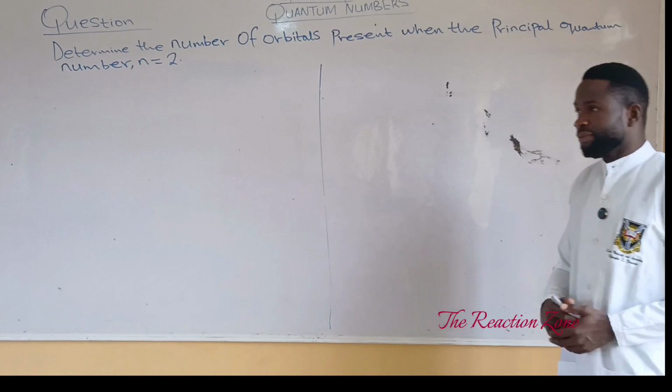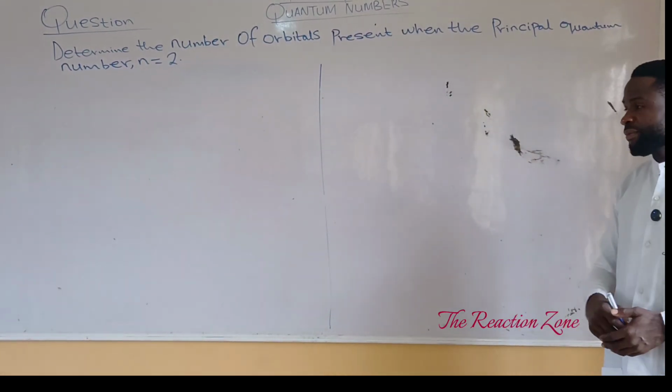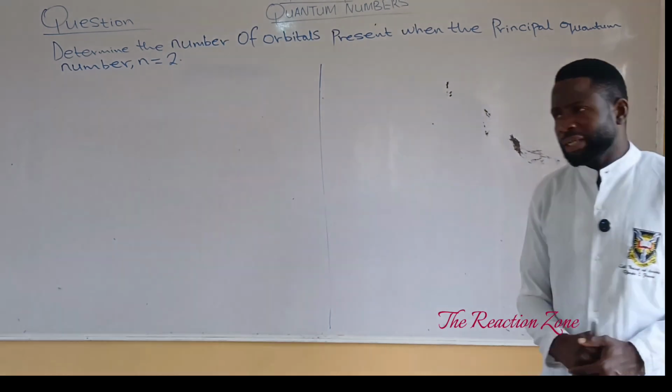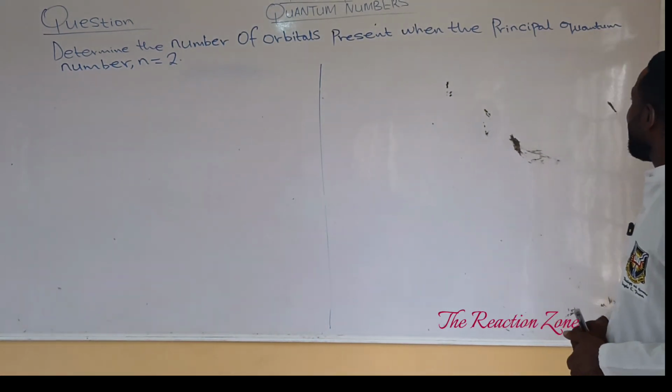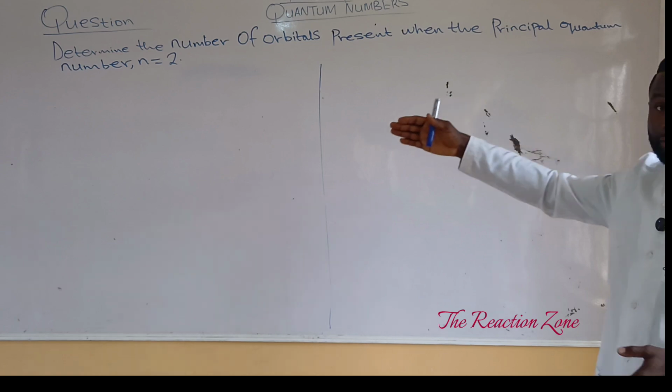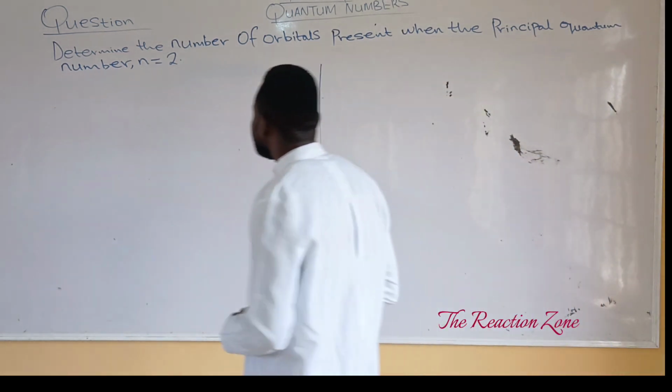In today's lesson, we're going to solve the question on the board using quantum numbers. And the question is as follows. Determine the number of orbitals present when the principal quantum number n is equal to 2. To solve this problem,